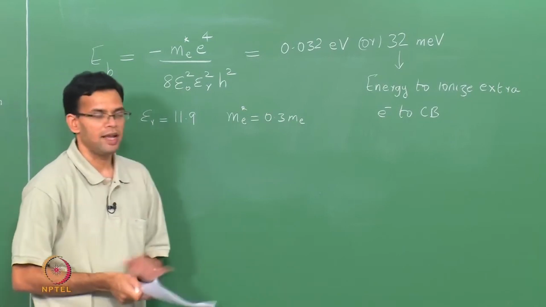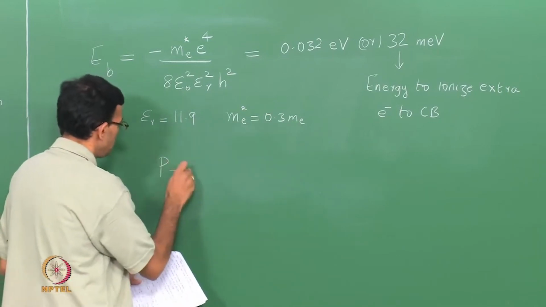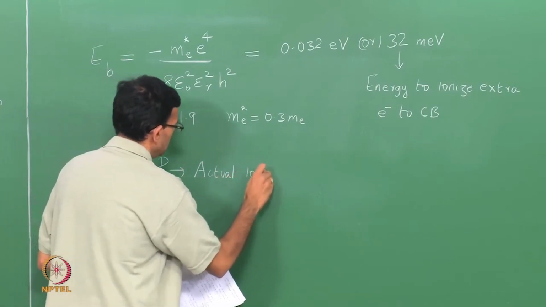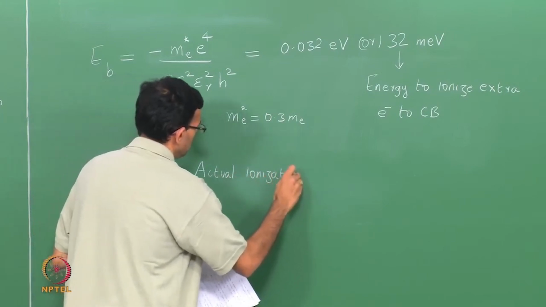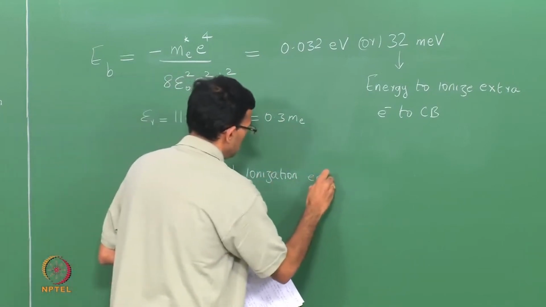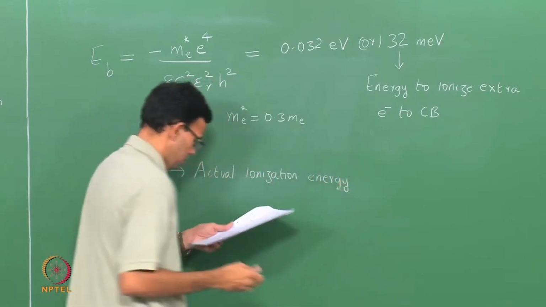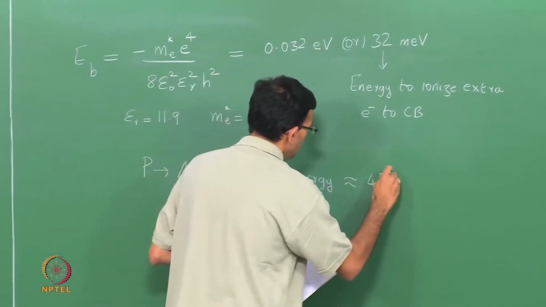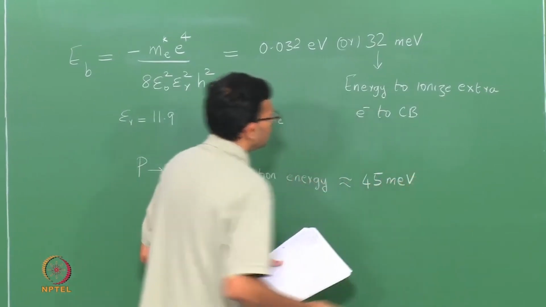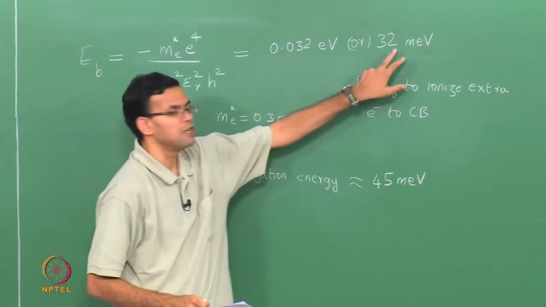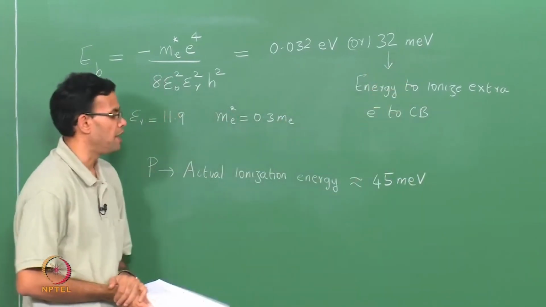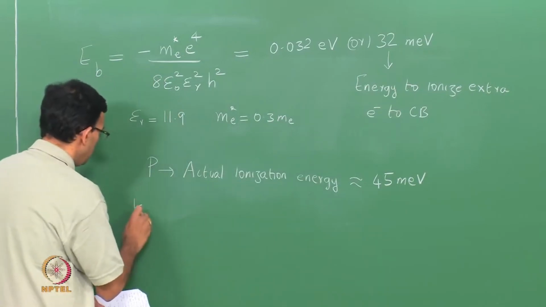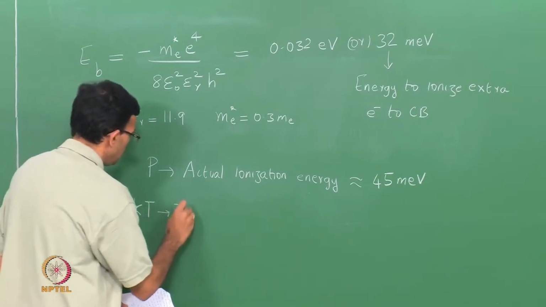If you do the actual calculation, in the case of phosphorus, the actual ionization energy is around 45, I am sorry, 45 milli electron volts, which is very close to the value that we got by assuming a simple hydrogen atom. Just for comparison, if you looked at the value of kT, which is the thermal energy,